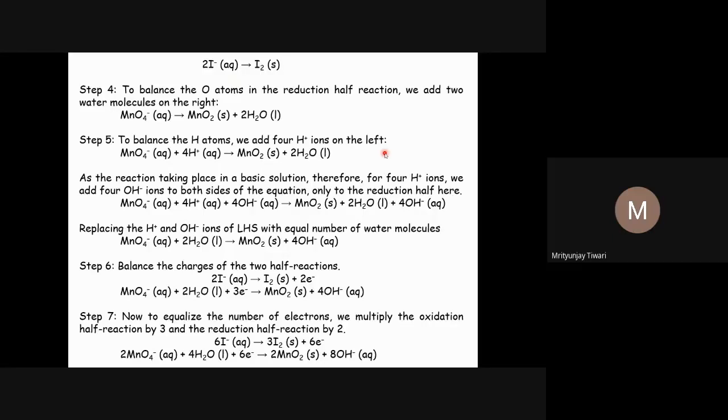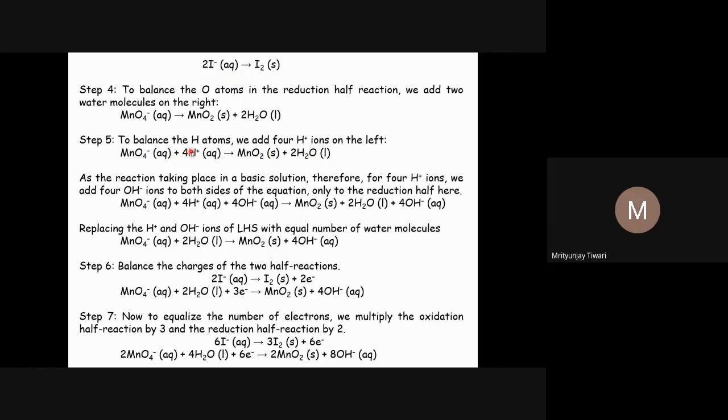But as I said earlier, if the reaction is happening in basic medium, we need to do certain extra things. We need to make more effort, and that we do. Why do we need to do that? Because H plus ions would not be in excess in an equation if the reaction is happening in basic medium. Because we know that in basic medium OH minus ions are in excess, and in this equation we are showing H plus ions in excess at this step, though these things are balanced.